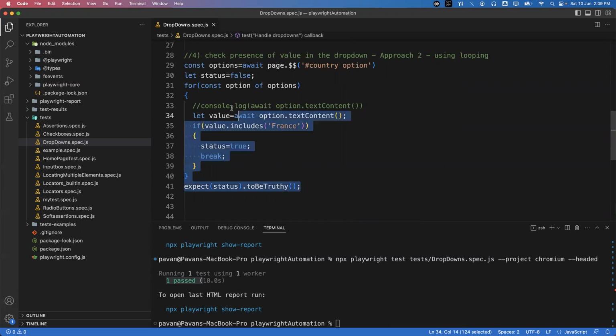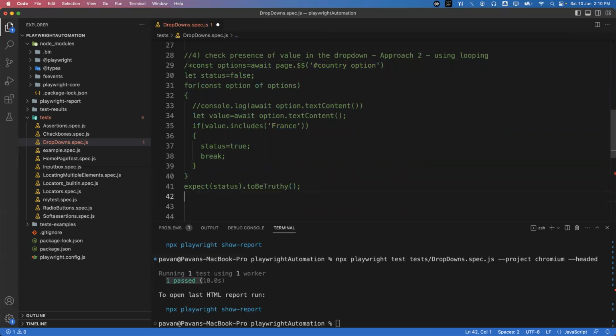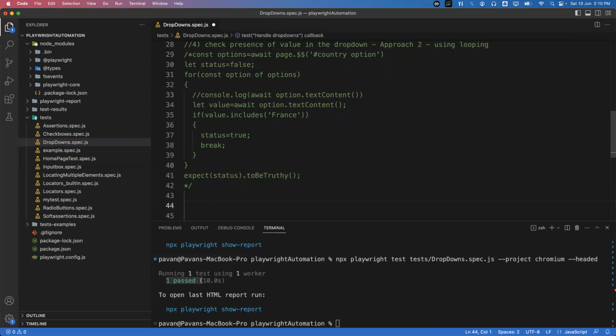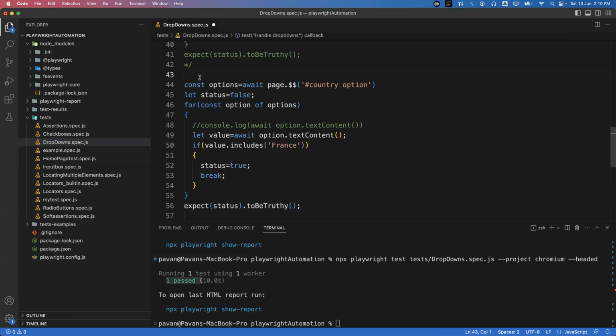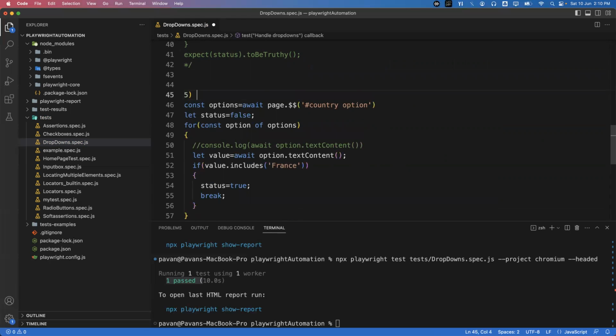So we have to do the same thing again, copy the whole steps, and let me comment this one. Now I'll copy the same thing. So this is the 5th one. This is not an assertion actually, but we can select the option from the dropdown by writing the looping statement. So, select option from dropdown using loop. As I said again, here we have to capture all the options into the same